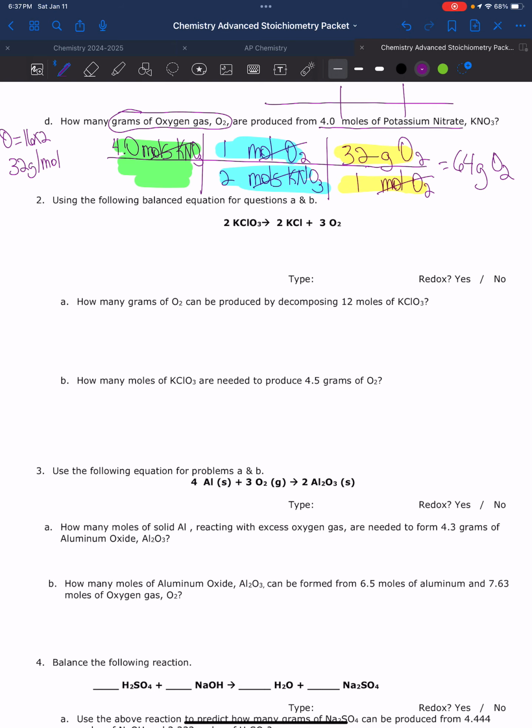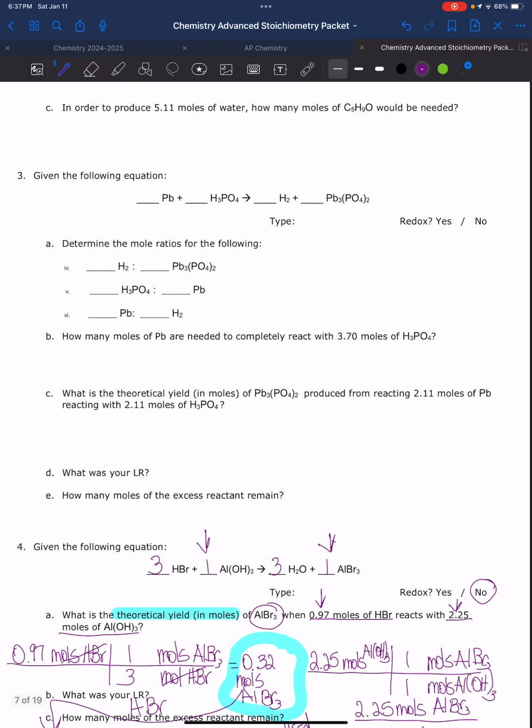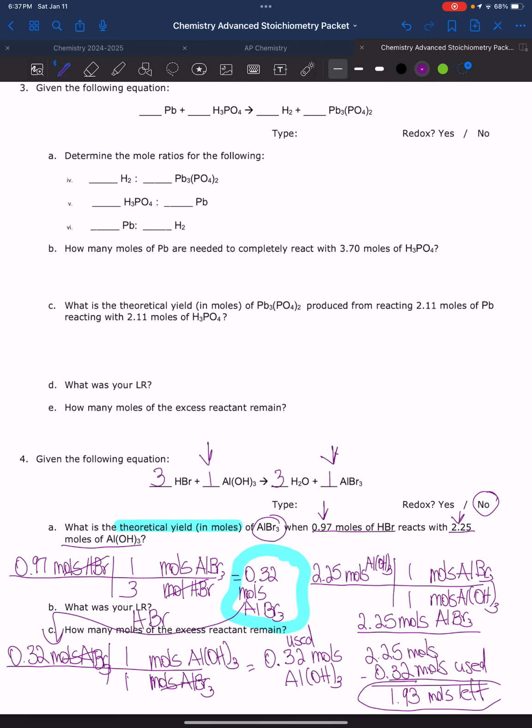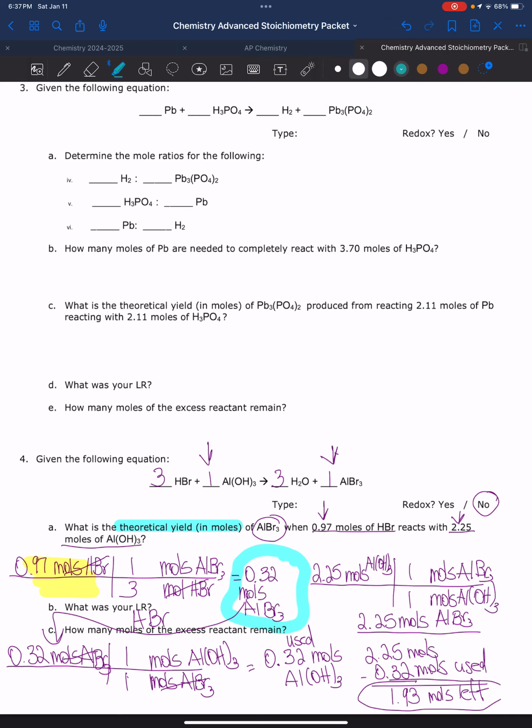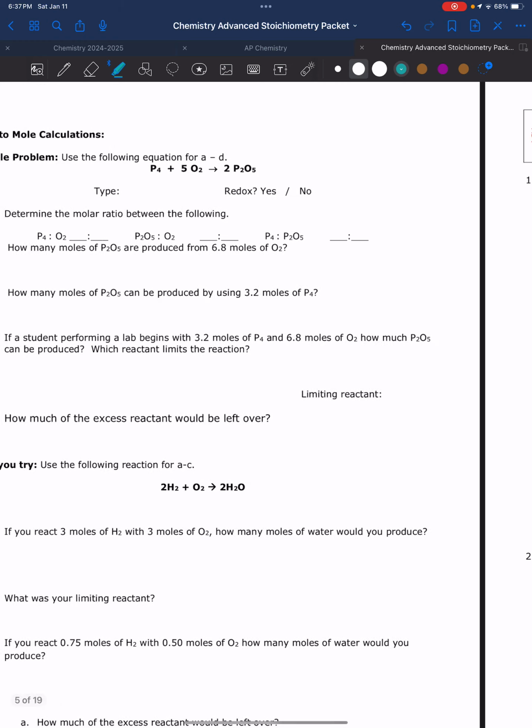Okay, all of our mole to mole conversions, you'll notice the ones that we did here, only have 2 boxes. So this one here, and then this one here. Okay, mole to mole, 2 boxes. Mole to gram, gram to mole, 3 boxes. And I want to show you our